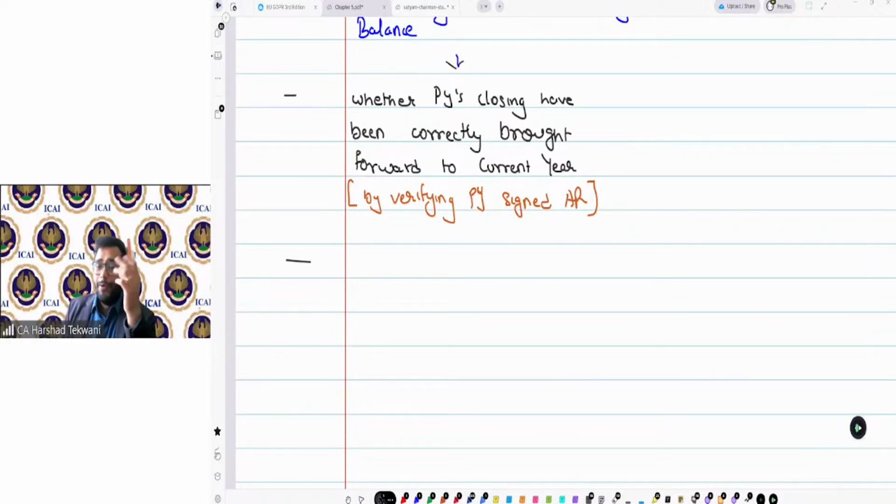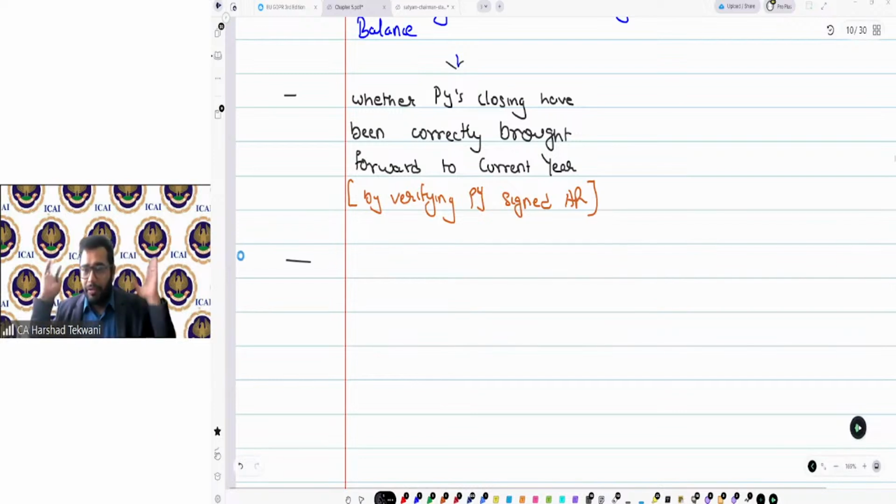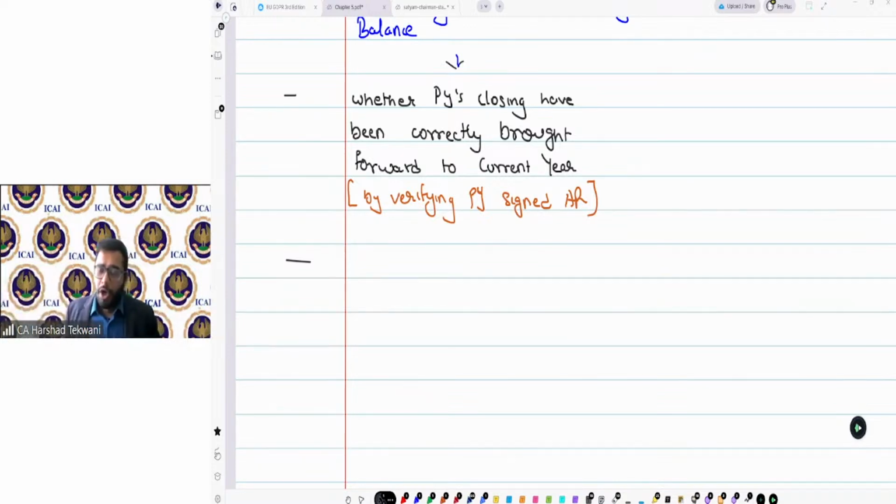One option I would give you: perform a full audit of last year. What if there is no audit report from the last year? Okay, let's take this example. There is no audit done in the last year. This is the first time audit. When there is an audit in the last year, I can go and check the observations and modifications in the last year audit report, perfectly fine. But this is the first time audit.